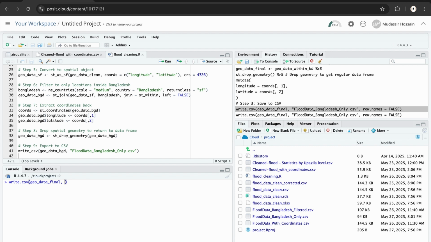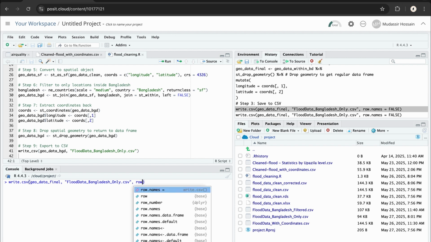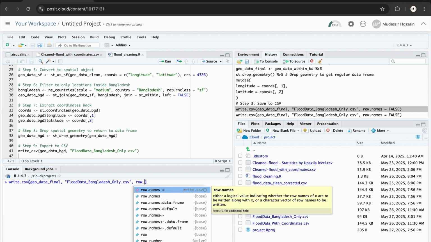name, and the file name has to be within quotes. So I put a double quote. You can go with single if you like. So I go with the double quote, and the file name is flood_data_Bangladesh_only.csv. Put a comma to separate it, and then row.names equal